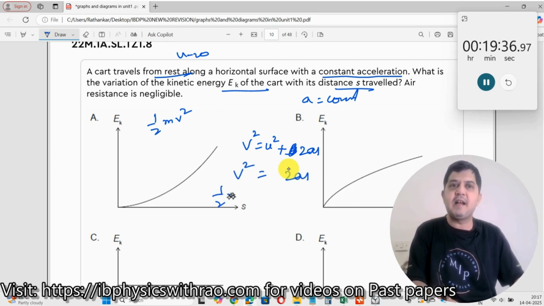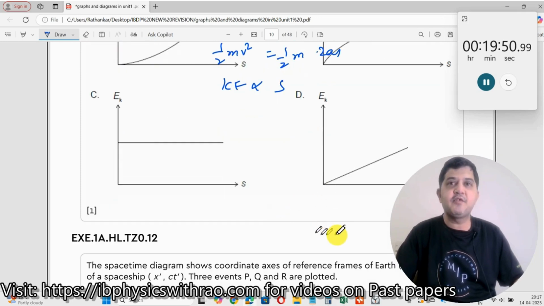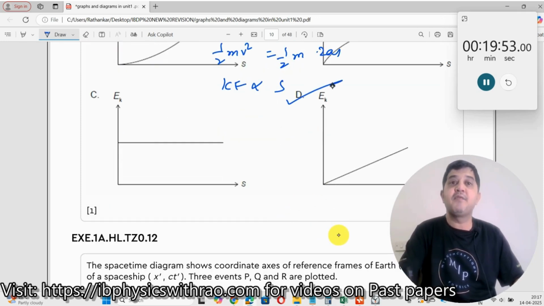Now multiply both sides by half m, and thus you get half m v squared equals half m times 2as. So this is your kinetic energy, which should be proportional to s. Which means y is proportional to x. Which graph will hold good? This should be your graph D, because this